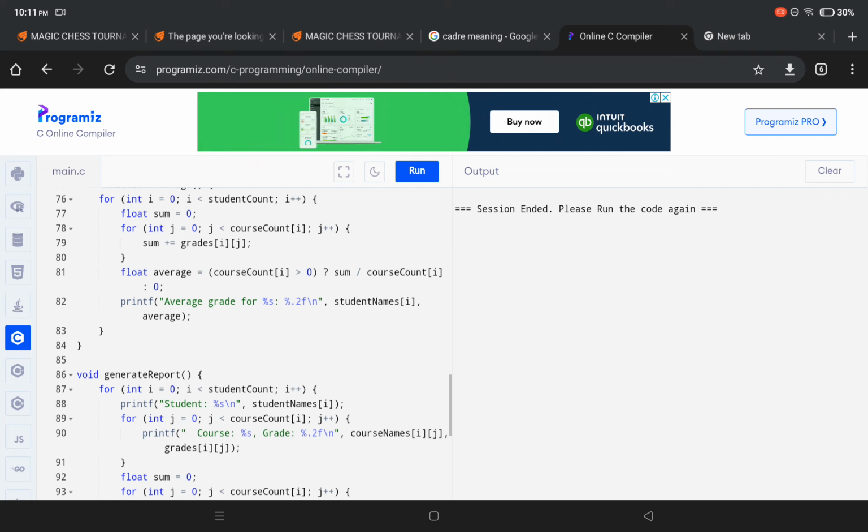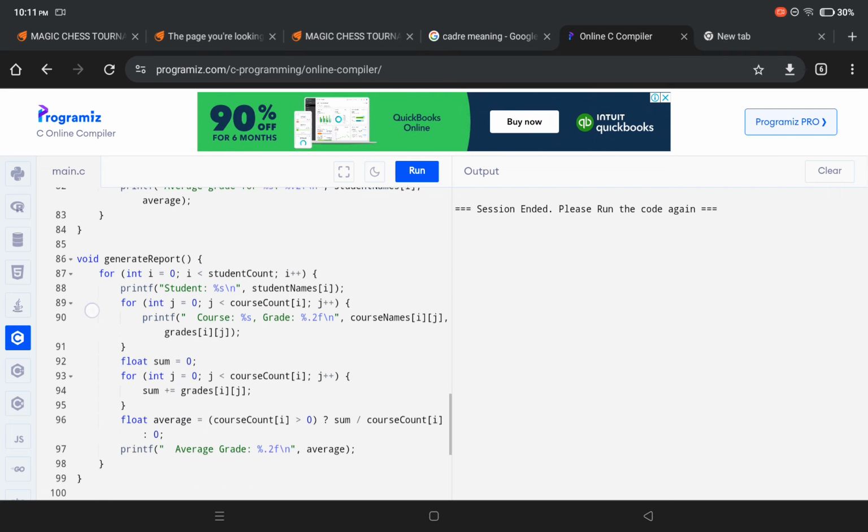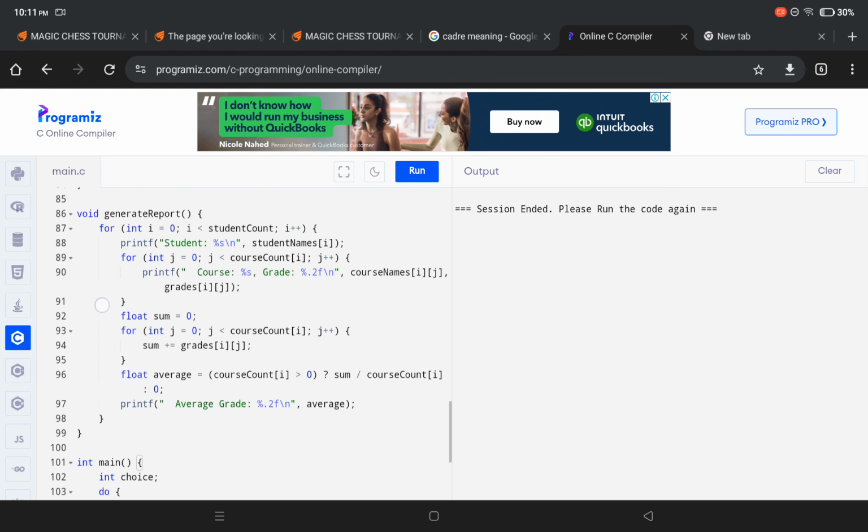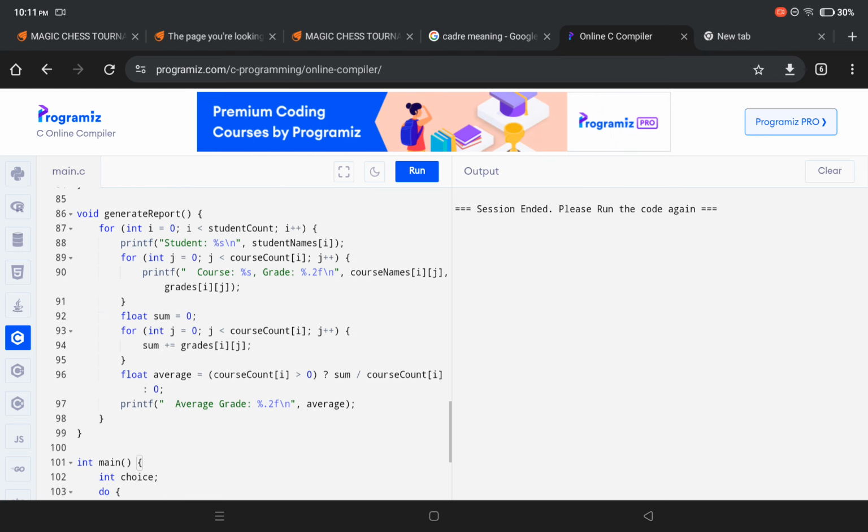Next, we have void generate report. The purpose of this is to generate and print a detailed report for each student, listing their courses and corresponding grades along with the average grade. It iterates over each student and prints the name. For each course the student is taking, it prints the course name and the grade.